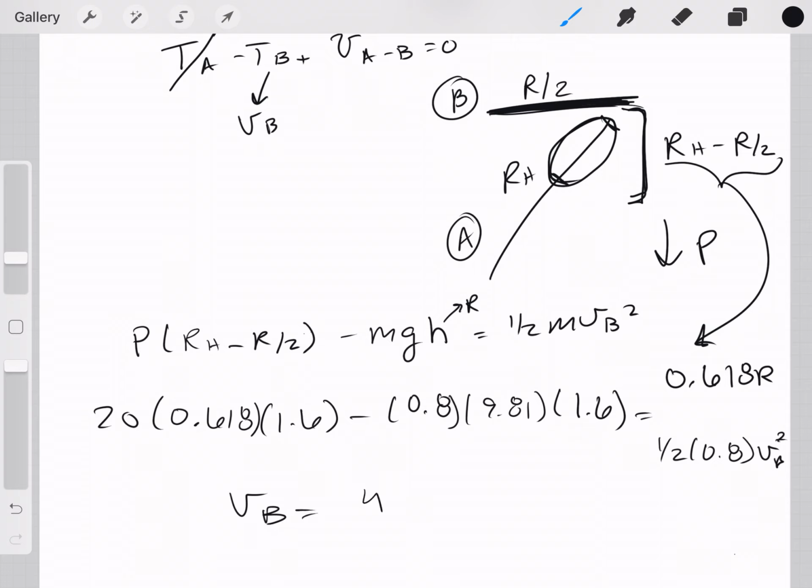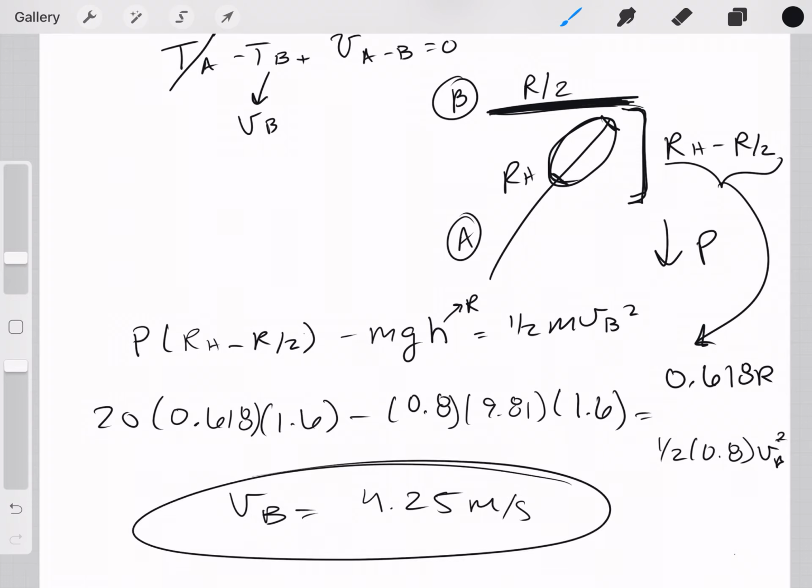Solving for v_B, we get that it is a total velocity of 4.25 meters per second. And given the energy information, that cylinder is sliding at 4.25 meters